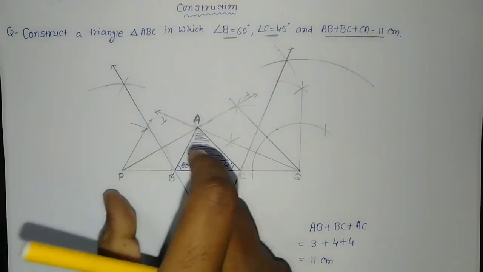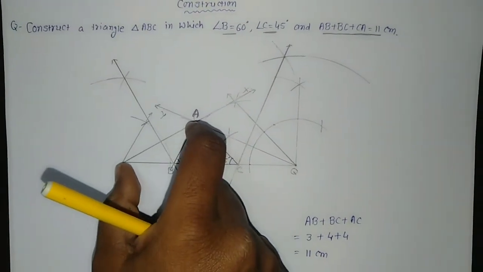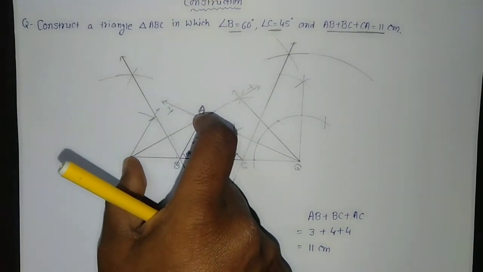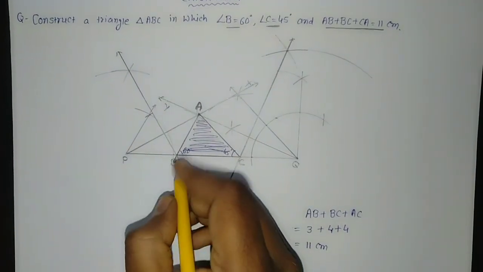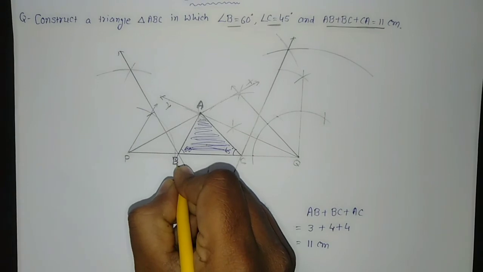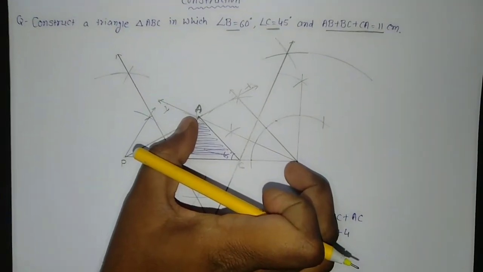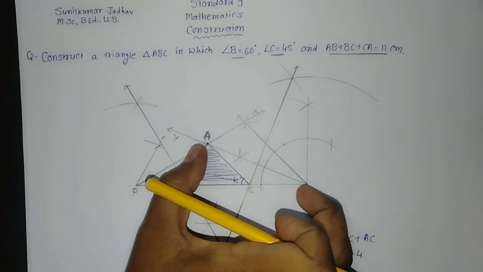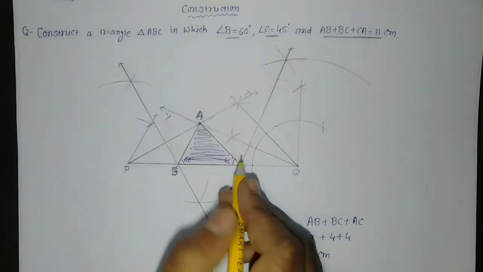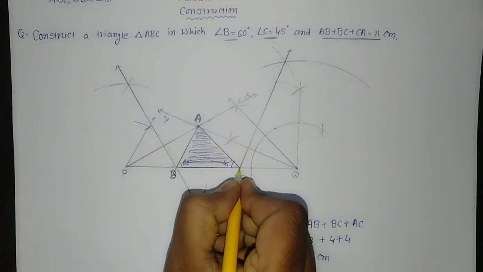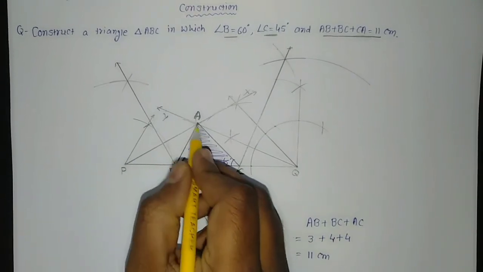Then what we did, I have taken this measure PA and I have drawn the perpendicular bisector of this line segment AP. It intersects this PX at this point, which I have given the name point B. In the similar way, we have taken the bisector of this line segment AQ also, that is perpendicular bisector of this AQ, that also intersects PQ at the point, that point we have given C, and then we have connected AB and AC.